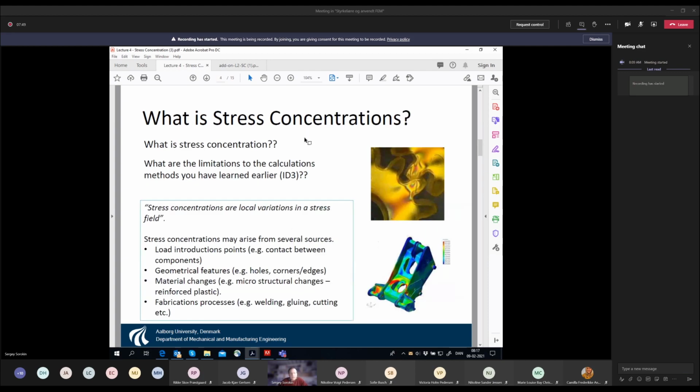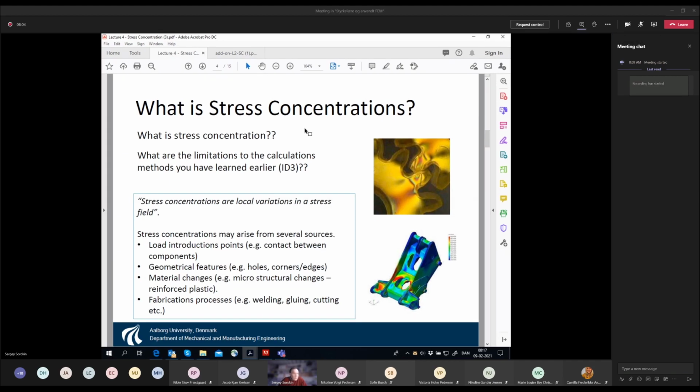So what is the stress concentration? This is something which is very dangerous and something which is absolutely unavoidable in engineering. We don't like stress concentration, but we have somehow to cope with it. The point is that if you have any inhomogeneity, let's say a point where the force is applied, or some geometrical features like a step change in the radius, a step change in the angle, or a hole, or material changes,